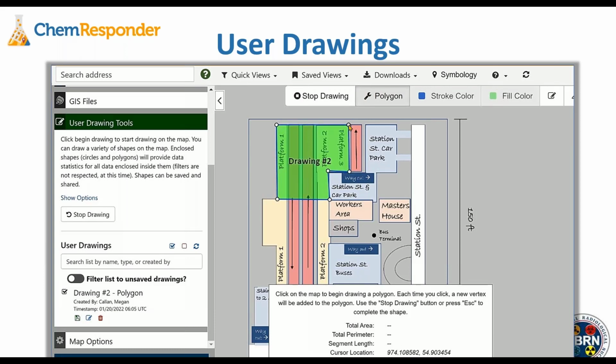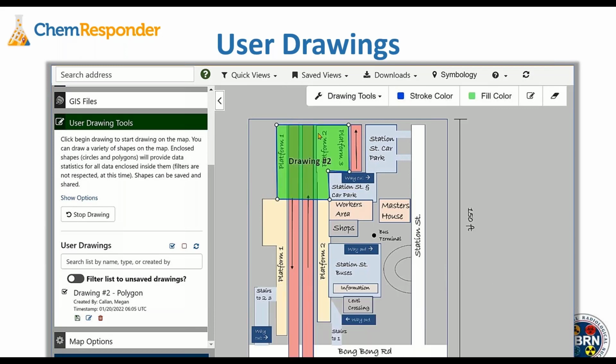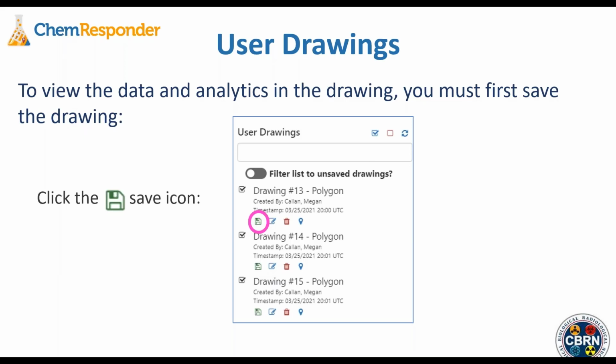And then once I'm finished, I will stop drawing and my image is complete. Once you have created the drawing, you need to make sure that you save that drawing. That way it remains on the floor plan and you can view any of the data that is involved in it. So you're going to click the Save icon